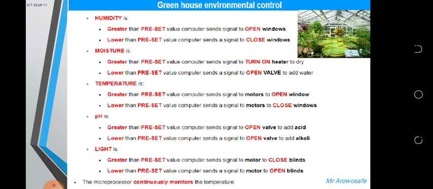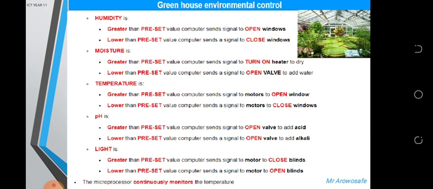So it means here now there is a lot of water. There's a lot of water here. So the water is too much here because the moisture is greater than the preset value. So we need the heater to dry